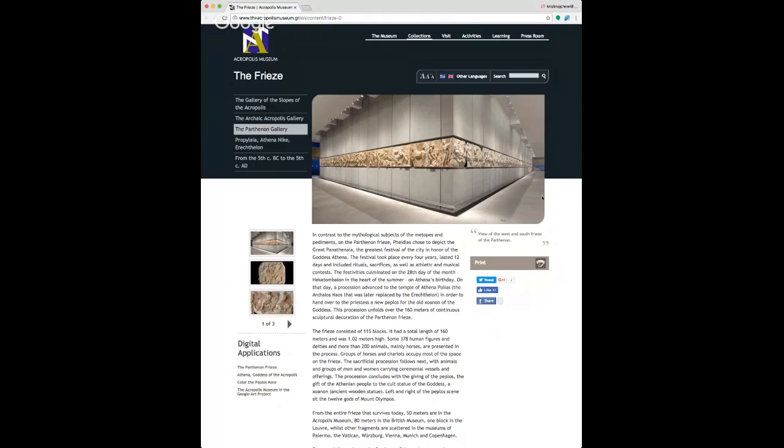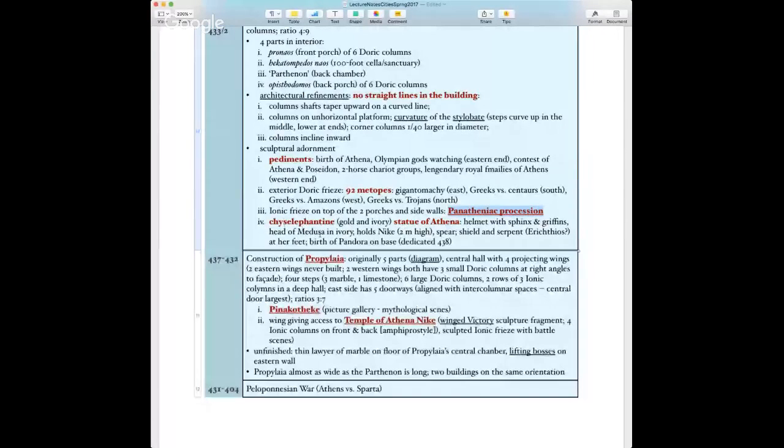The last thing that was the sculpture adornment of the Parthenon was this golden ivory, or chryselephantine, statue of Athena. In other words, the statue would have had gold, for instance, for ornamentation, and ivory for her skin. Chryselephantine literally means gold: chrys means gold, elephantine, like elephant, means ivory. It's a huge, much copied statue dedicated in 438 with her holding a Nike and fully armed and with a